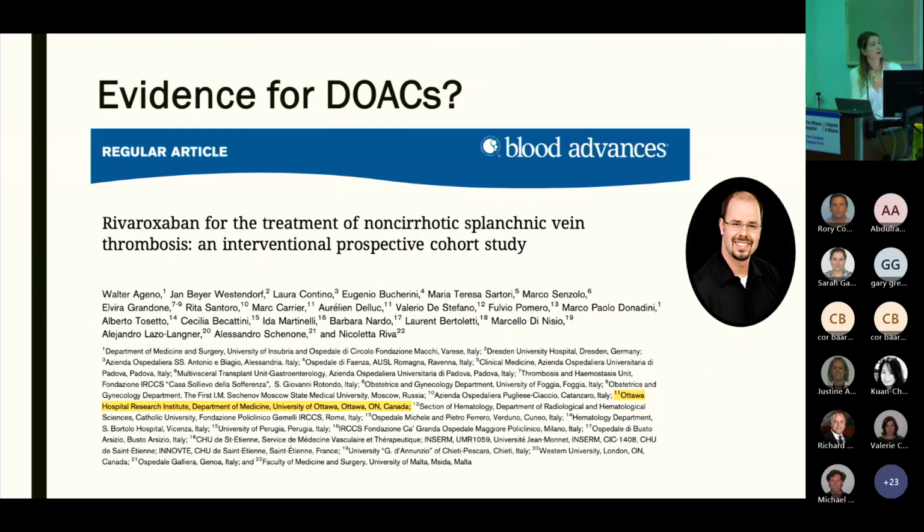So in speaking with Dr. Carrier and the thrombosis team here at TOH, they do use DOACs to treat their splanchnic vein thrombosis patients. And the evidence for DOACs is largely based on this 2022 prospective study that Ottawa actually took part in. So it showed that DOACs are a safe treatment alternative to what was currently standard of care at the time, warfarin, in long-term management of these splanchnic vein thrombi patients. So if thrombosis is using DOACs,